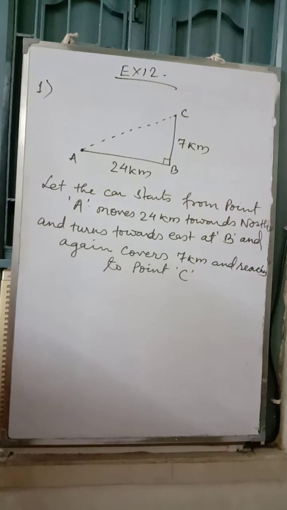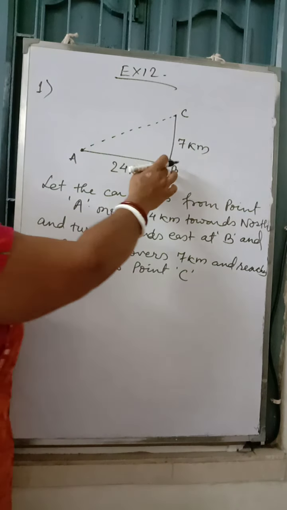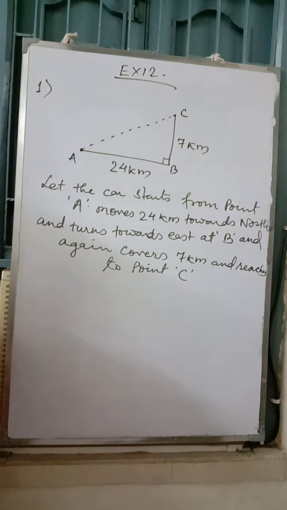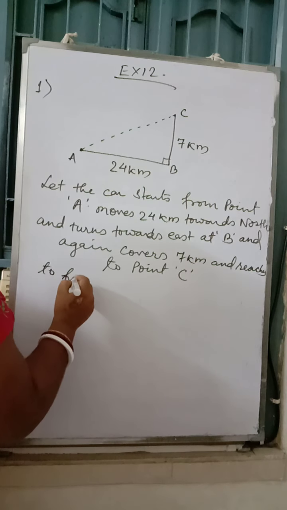Started from A, moved 24 km, turns at B, moves 7 km towards east and reaches point C. So to find distance